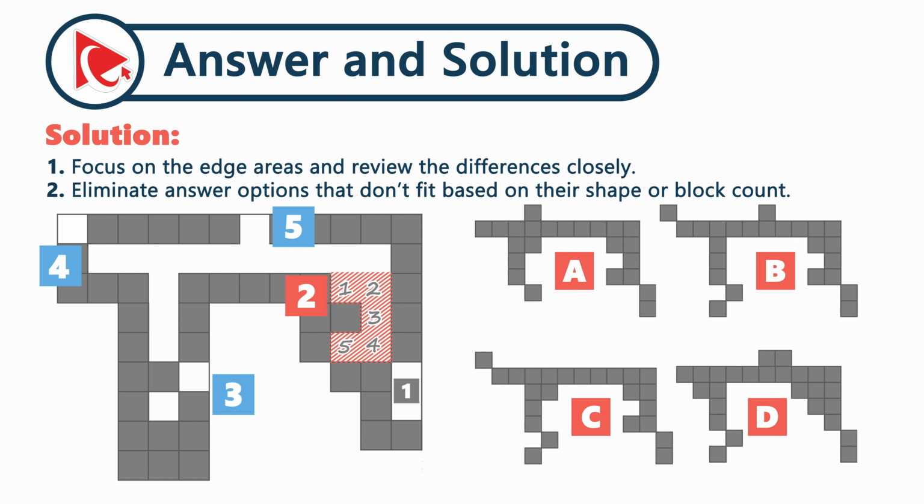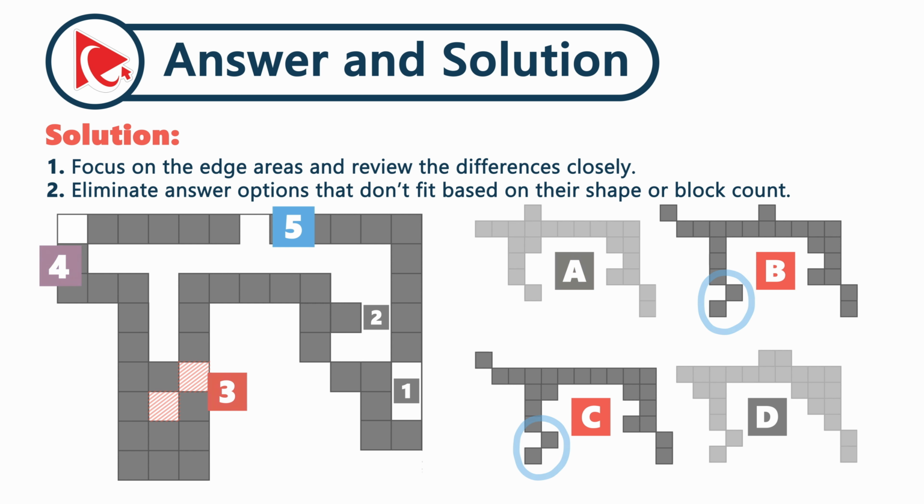Well, as far as I can see, choices A, B, and C still match this pattern, but we can successfully eliminate choice D. Now let's look at the edge area 3. It has 2 missing blocks, and this pattern only exists in shapes B and C, so we can also eliminate